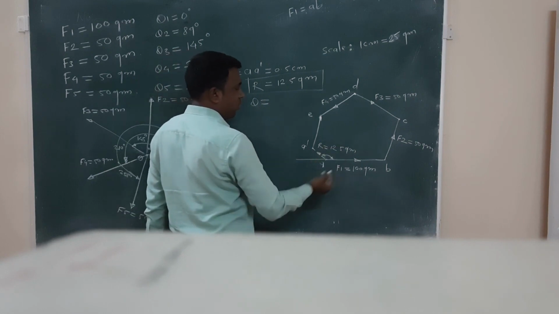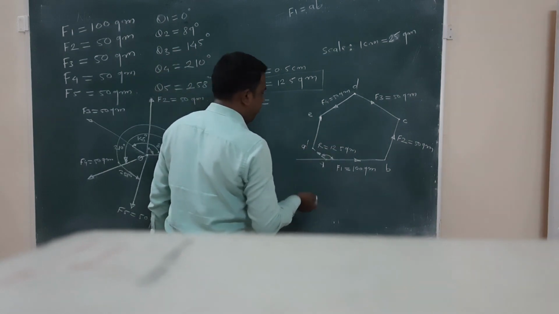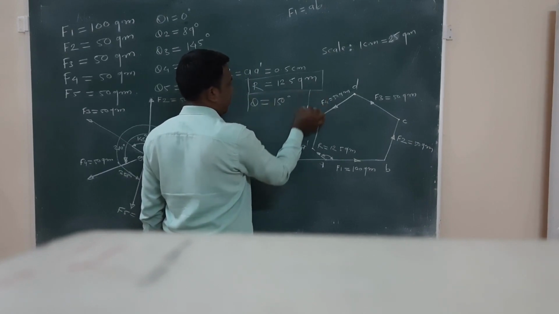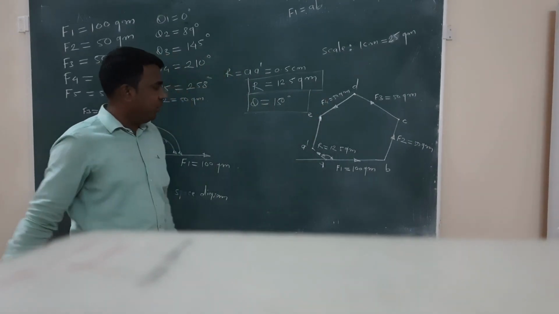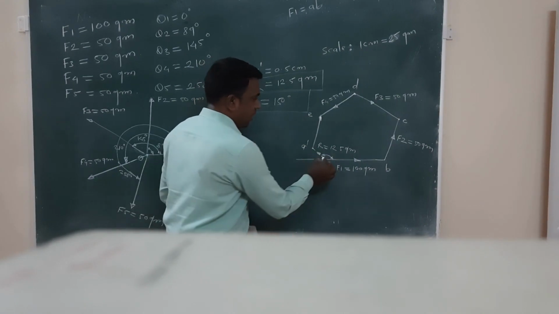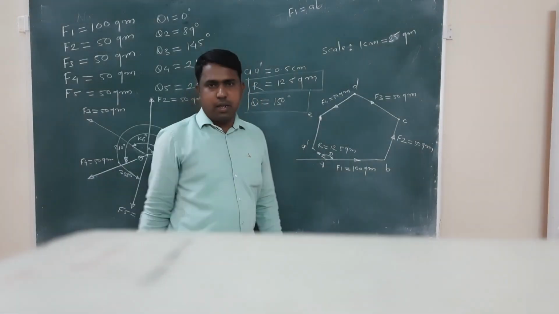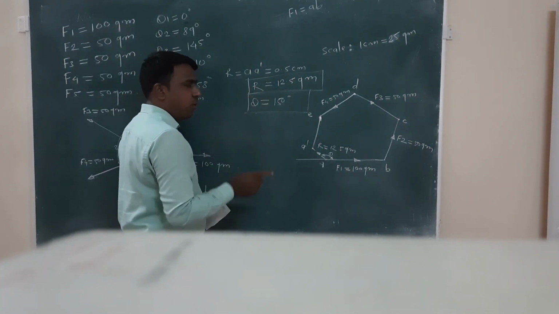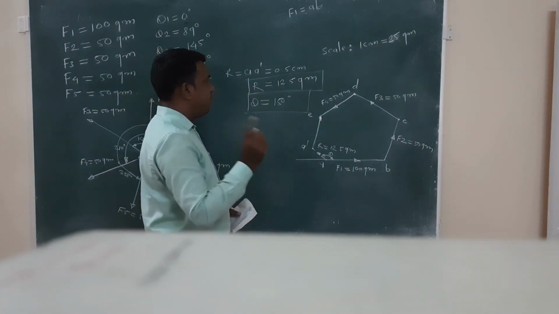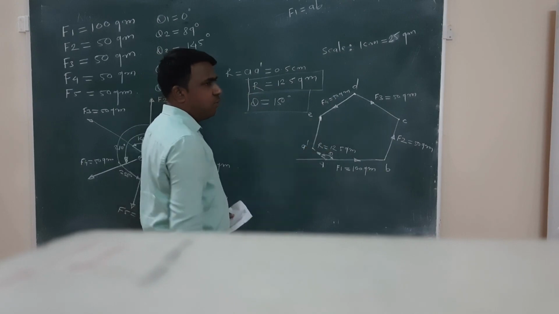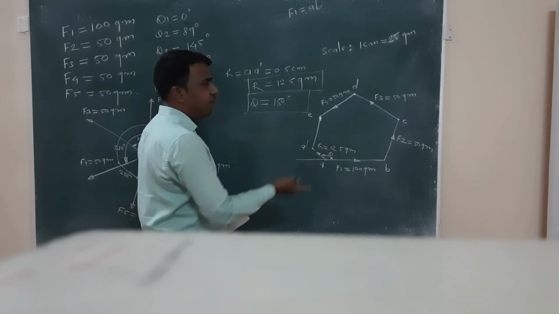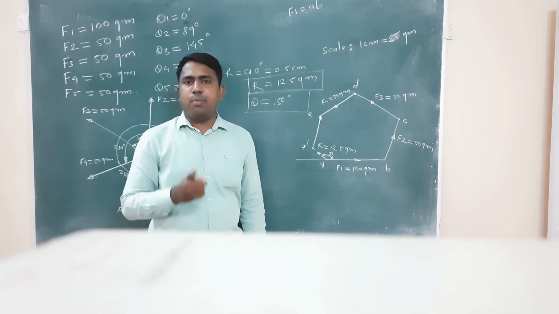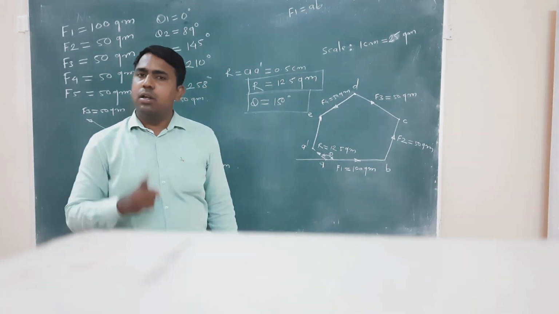So it is around 150 degree. So that is our theta. तो ये एंगल मेजर करके रिजल्टेंट का थीटा भी अपने को मेजर करना है। So in this way we are finding the R value and theta value of the resultant of the forces. So this is the way to find out the value of R and theta graphically.